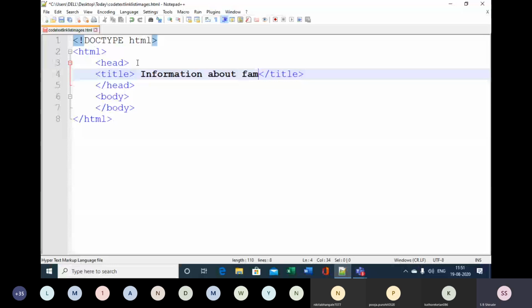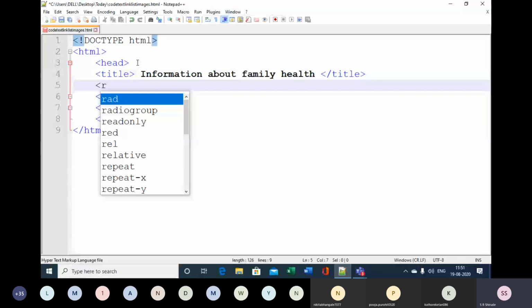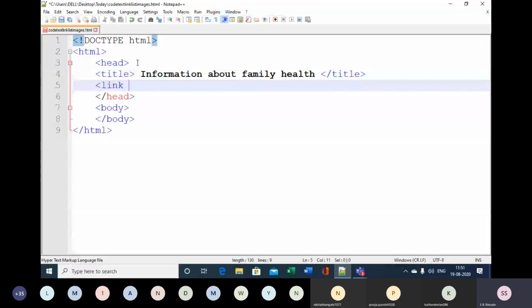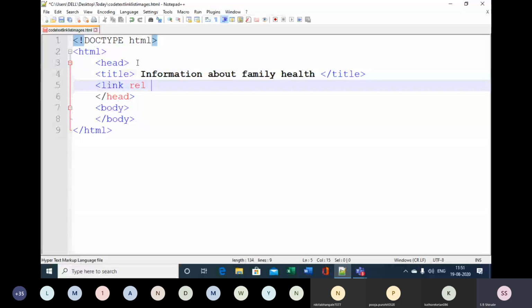Now I will give you an idea of how you can link an icon file. For that, make use of the link element. I will demo how to link an icon file. So link rel equal to shortcut icon, href equal to family.ico.